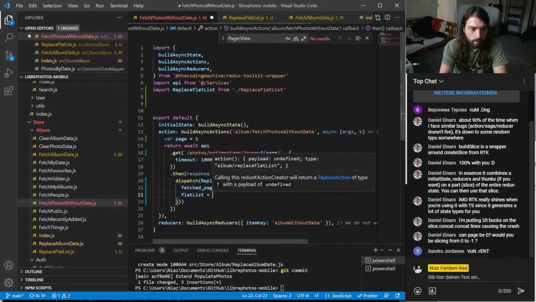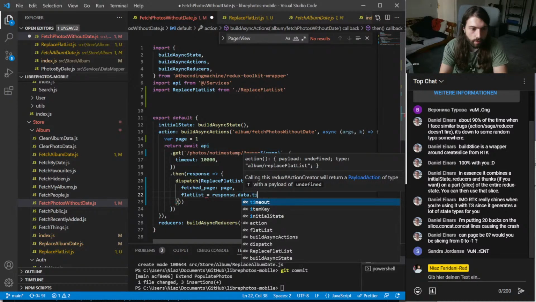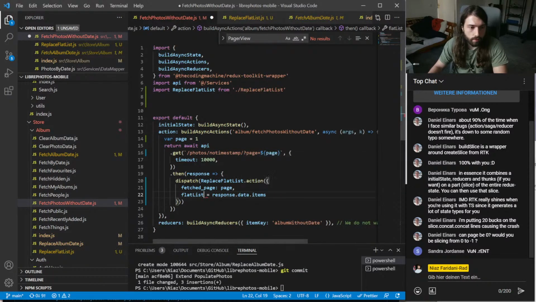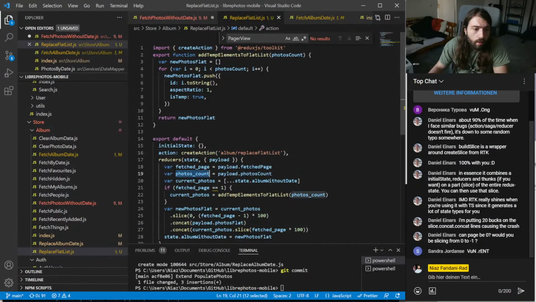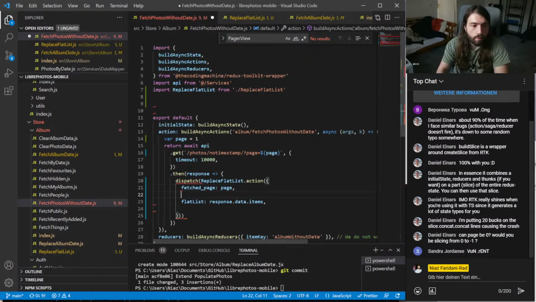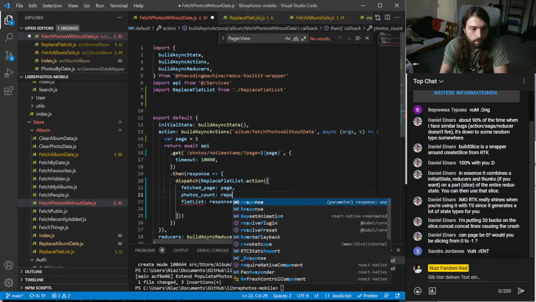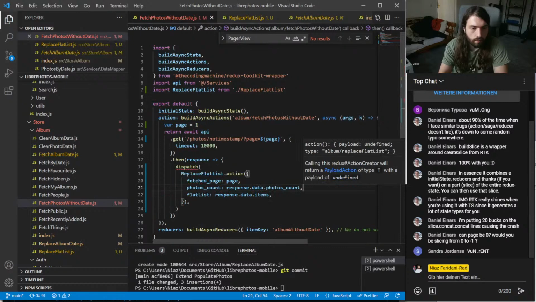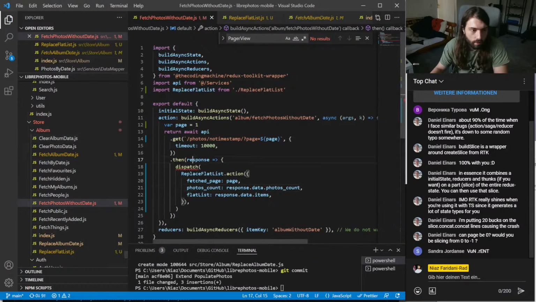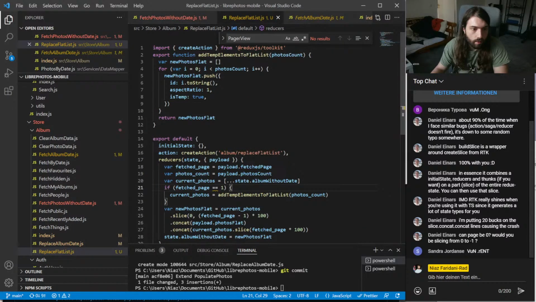Flat list equals response data dot items. And then I also have photos count. I think it's just called count, but that should work anyway. Okay, so